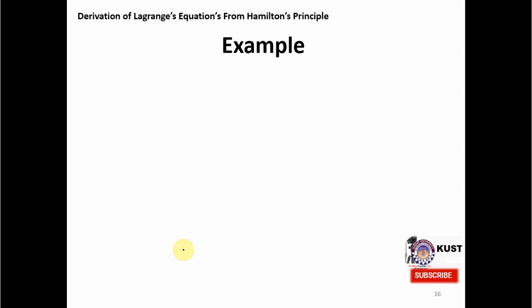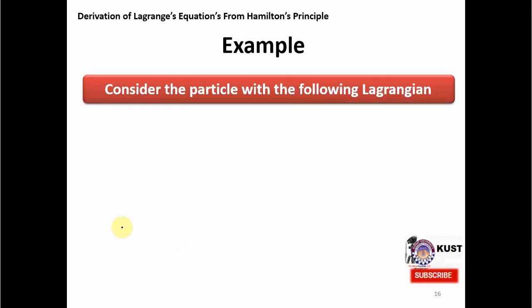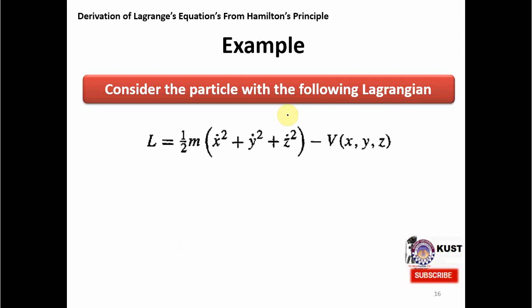And now we know that if we make a variation of this line integral of the Lagrangian, we will make it not only with respect to the generalized coordinates, but also with respect to the Lagrange multipliers. Now let me give you two examples. One is not that straightforward, but the other one is very straightforward, and you will be able to understand how this whole procedure works. So in this first example, consider a particle with the following Lagrangian, this one.